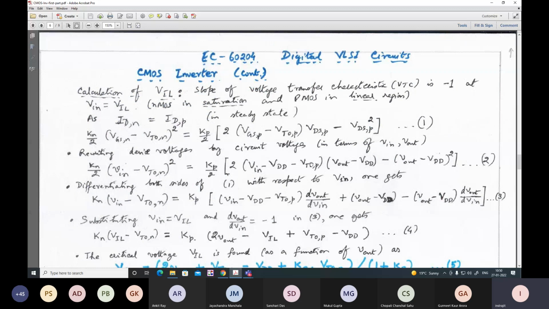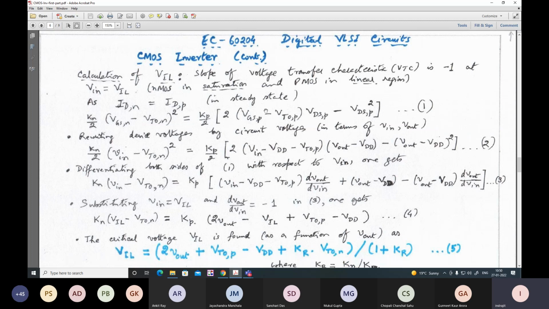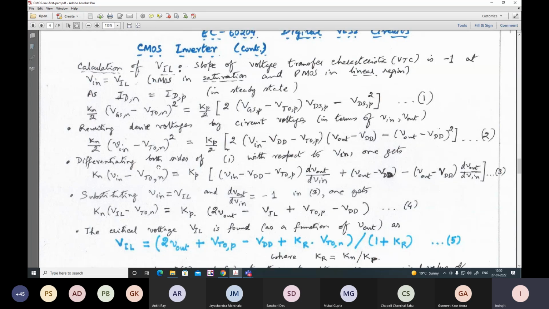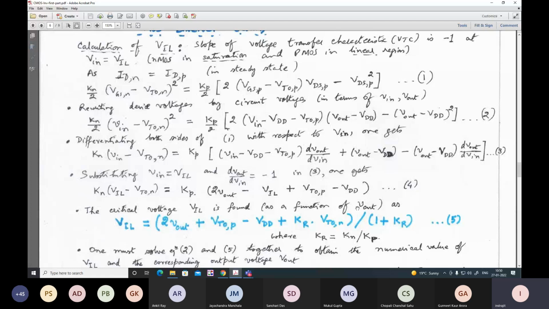The slope of the voltage transfer characteristic is -1 at input voltage equal to VIL, where NMOS is in saturation and PMOS is in linear region. So writing the corresponding current equation, we get it like this. Differentiating both sides of the current-voltage equation with respect to Vin, and setting dVout/dVin equal to -1, we get this as equation 4 and equation 1. So you can rewrite this in this manner: VIL equal to